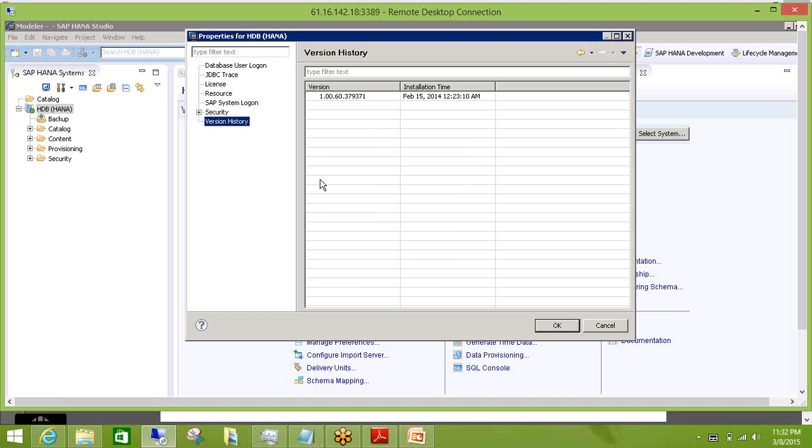When we talk about HANA 1.0 SPS 9, you have certain features like smart data access and all those. Those features might not be available in the current version which we are using. Based on the features you are enhancing, you just get a new component and add that functionality. So don't worry, even if it is HANA 1.0 SPS 5, you are good enough, because in the customer landscape you will get somewhere around HANA 1.0 SPS 5, SPS 6 or SPS 7, etc. So that is there.